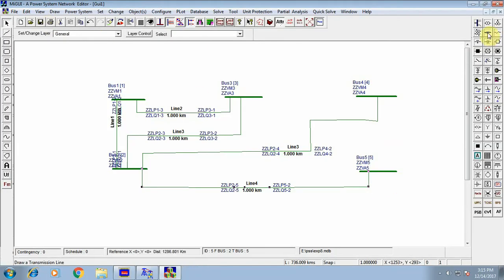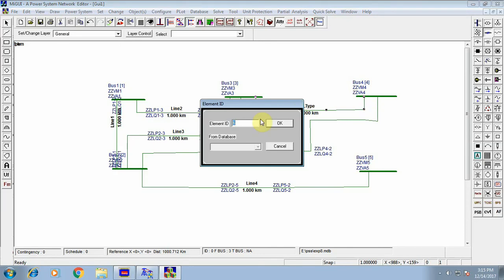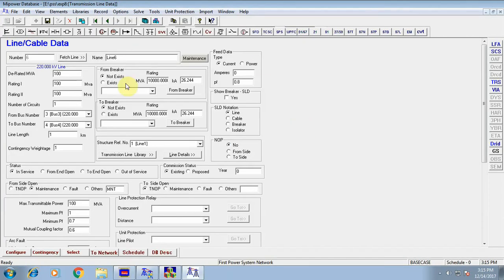So then click on this line to draw the next transmission line. Click here. Next transmission is between 3 and 4 here. In between 3 and 4, click from bus 3. Double click on this 3, and then double click on this bus number 4, to bus. Click OK. Then enter the structure reference number as 5.